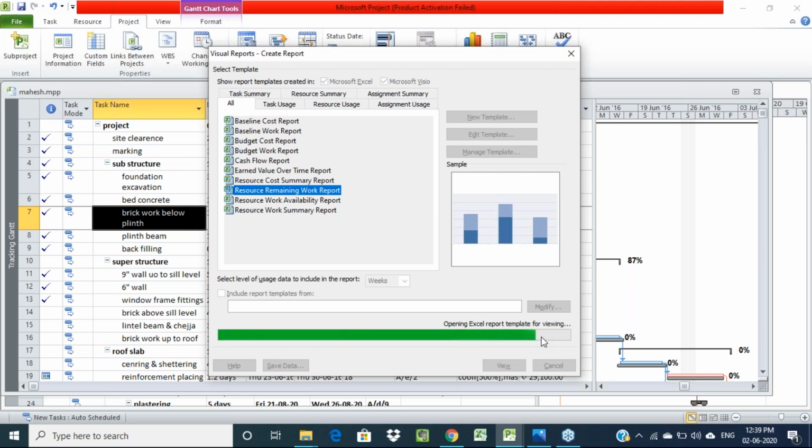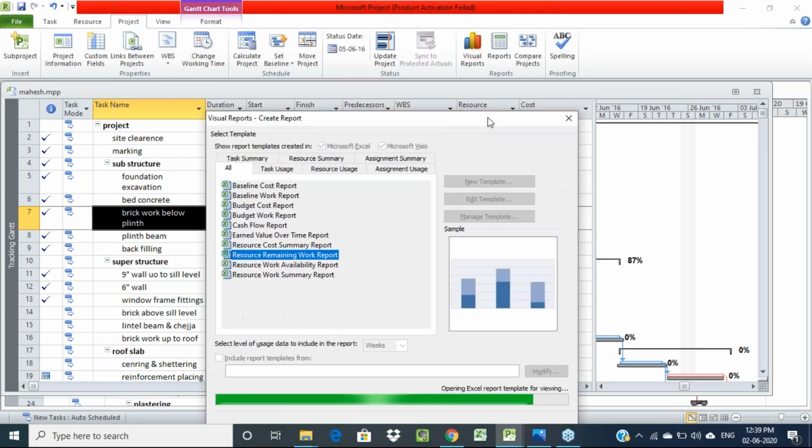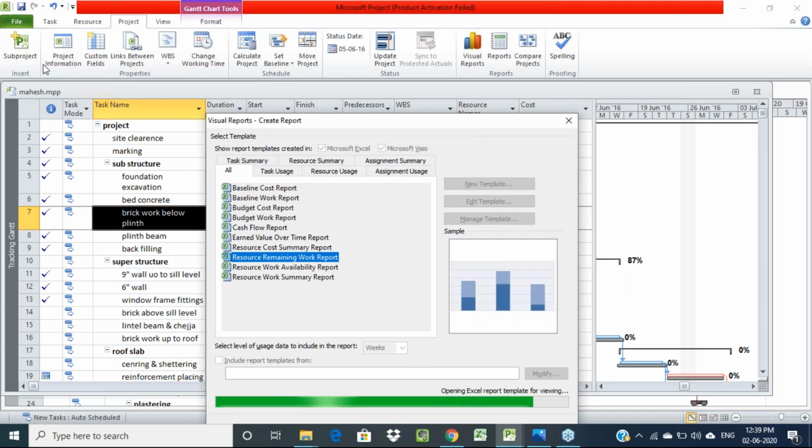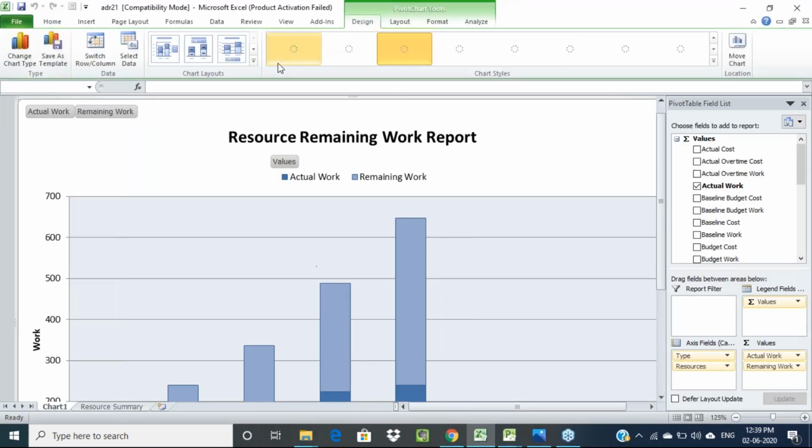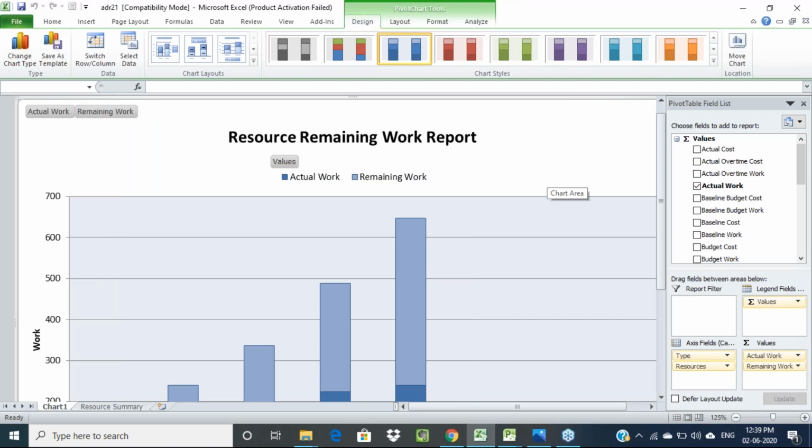For reports creation it will take a little bit of time, since it needs to be represented in graphical format. If you want to merge the projects or join the projects, we can join here by using the merge projects option. Here you can check through the graphical format also.